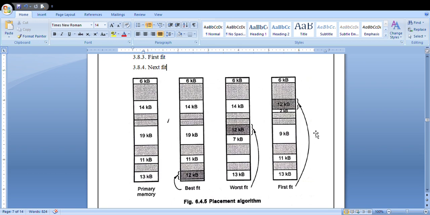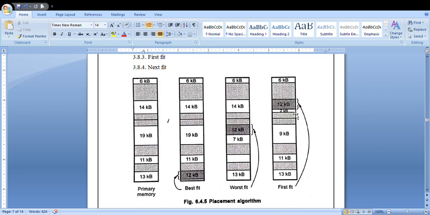It will allocate the process in a non-contiguous manner. For example, if the next process is 4 KB, it will allocate 2 KB of that process here, and later allocate the next 2 KB here. So in your next fit, the memory utilization is very efficient.